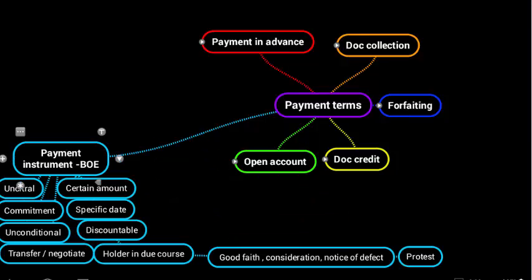Let us look at the payment instrument. Whatever be the payment term, the buyer may choose one of the payment instruments. The payment instruments could be bill of exchange, pronote, etc. The advantage of having a negotiable instrument like a bill of exchange is that the UNCITRAL rules will come into help. It's also that there are various national legislations which come to the help.